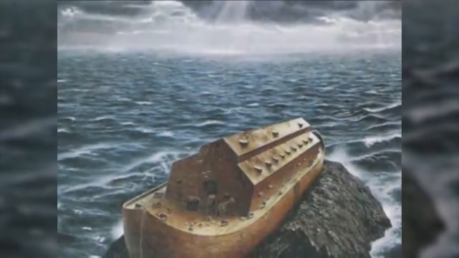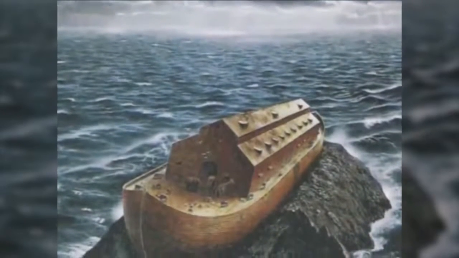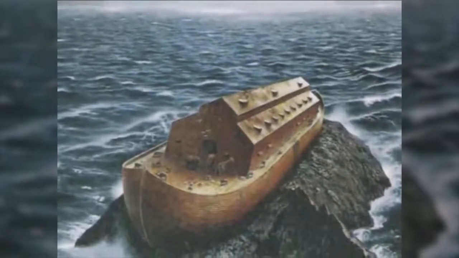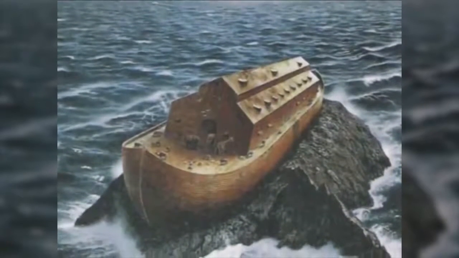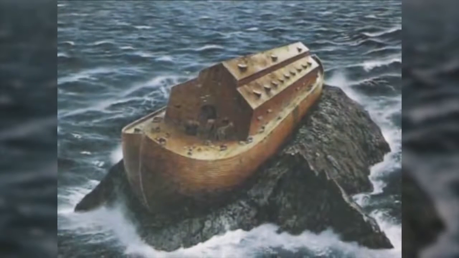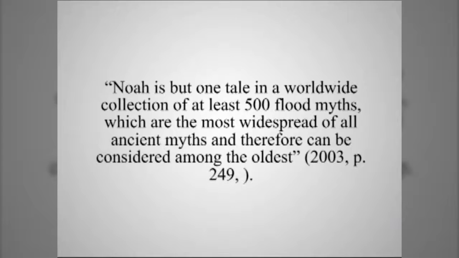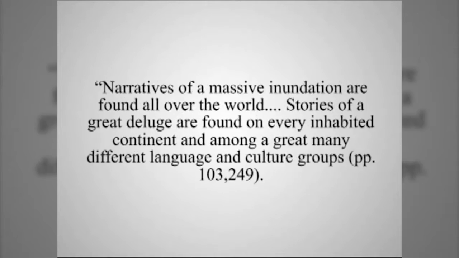most of mankind, and that was survived only by a few individuals and animals. Although most historians who have studied this matter estimate that these legends number in the 200s, according to evolutionary geologist Robert Sosch, quote, Noah is but one tale in a worldwide collection of at least 500 flood myths, which are the most widespread of all ancient myths and therefore can be considered among the oldest. Sosch went on to observe, narratives of a mass inundation are found all over the world. Stories of a great deluge are found on every inhabited continent and among a great many different language and culture